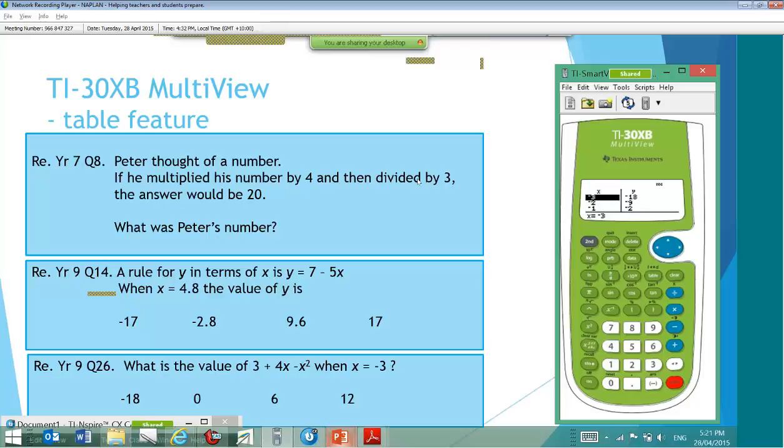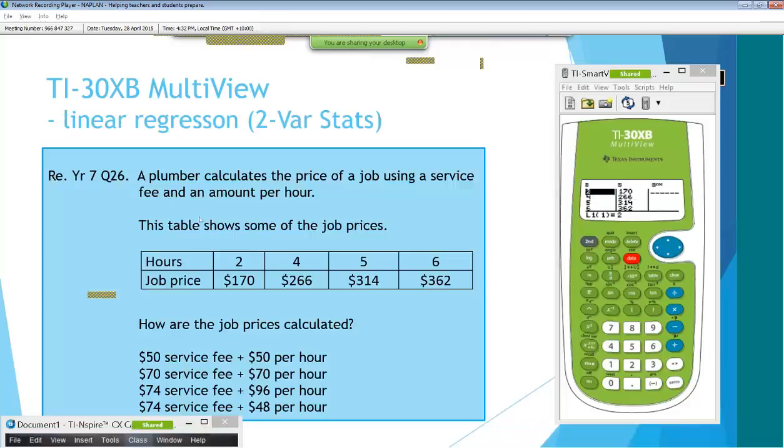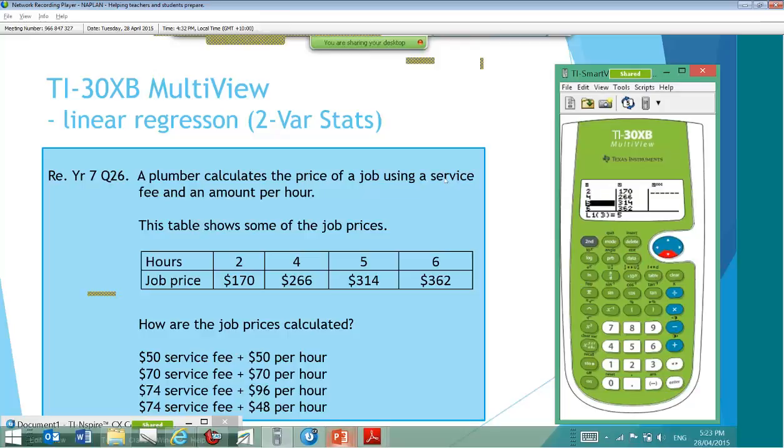Here we have a plumber who sets his or her price with a call-out fee plus a variable amount per hour. So if you employ this person for 2 hours, the fee is $170 and so on. I've entered the data into lists. You can see here 2 corresponding to 174, 2 to 266, etc. And down we go. So we just enter those into the 2 lists,